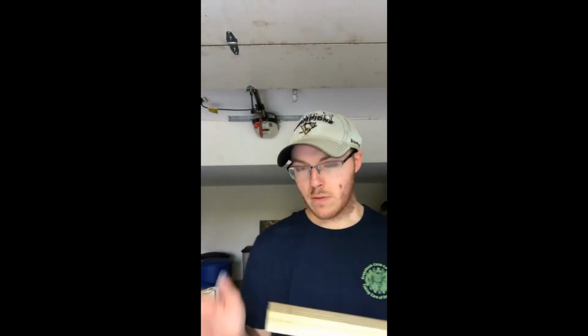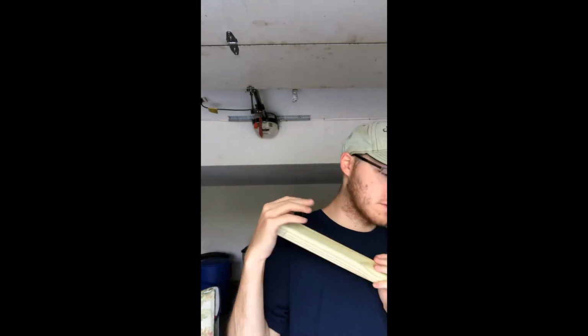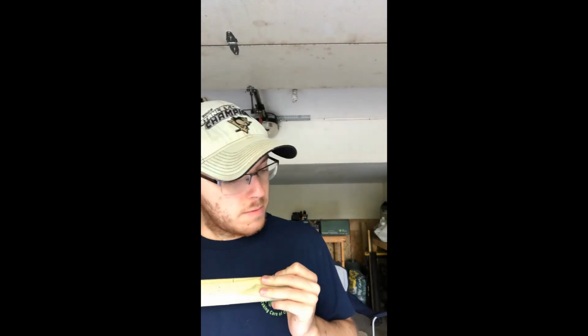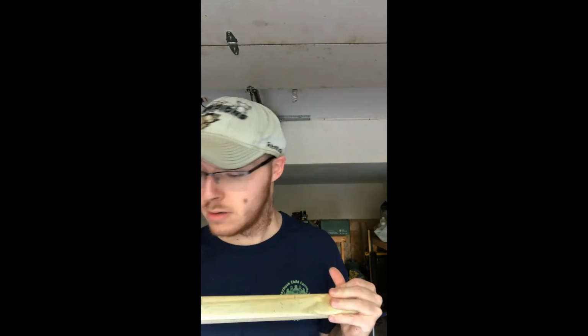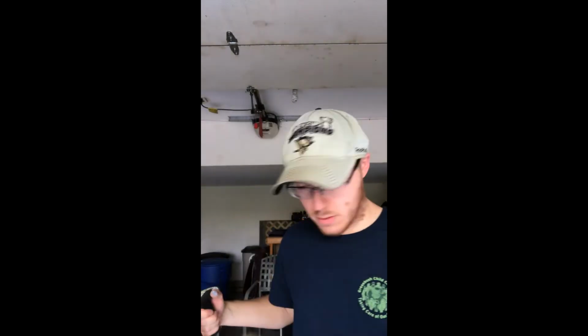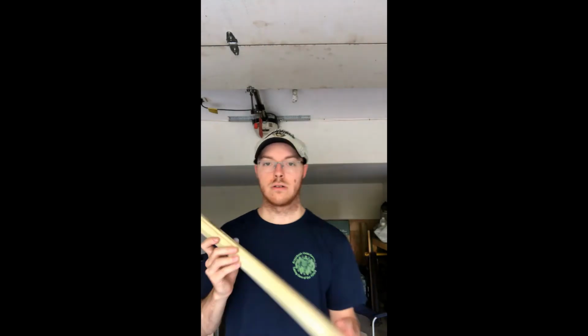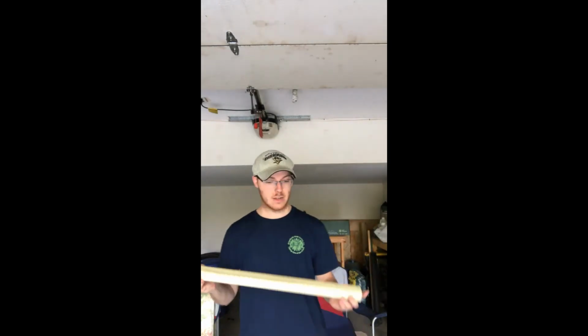Alright, now that we have our 12x12 to 11x14 board cut out, because I have the 12x12 with me right now, I'm going to measure out where, and of course I forgot the tape measure upstairs, so it's going to be by eyeball. I'm gonna move out all my unnecessary stuff. So this is the leftover piece, and because I forgot the tape measure, don't know exactly how long it is,